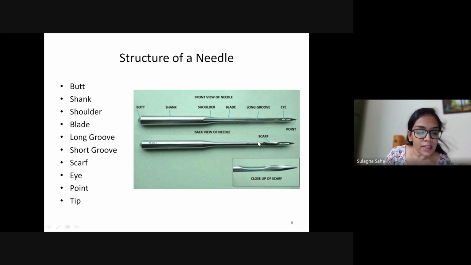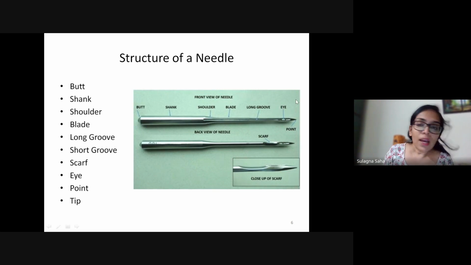Why is this important? As the needle goes down, it allows the hook to pass through when every stitch is formed. If it were straight, the hook would not be able to pass through. Hence we have it a little concave, so that the stitch can pass through it.